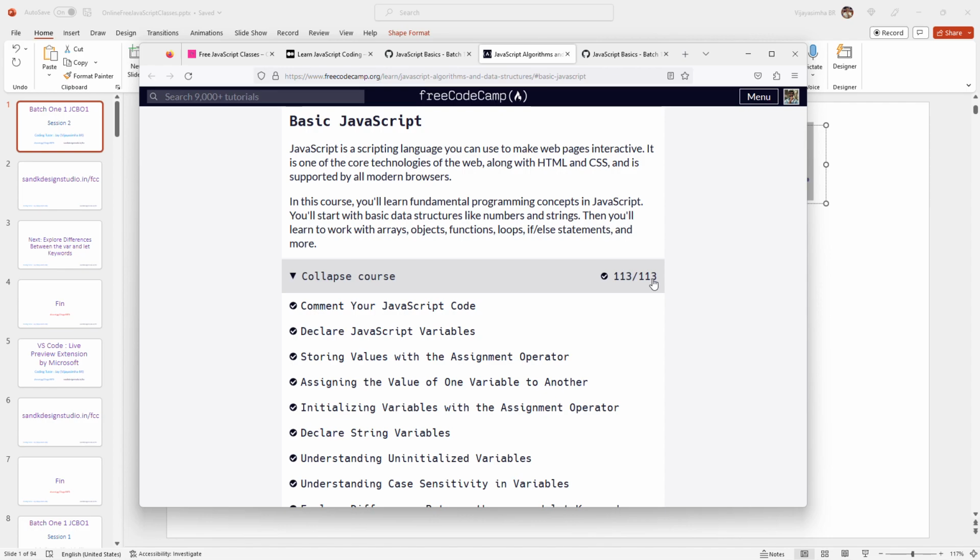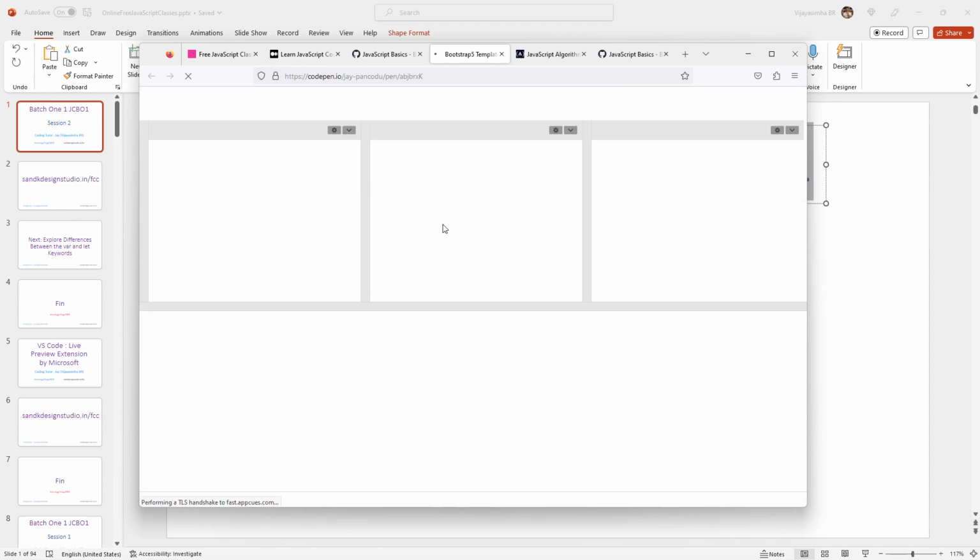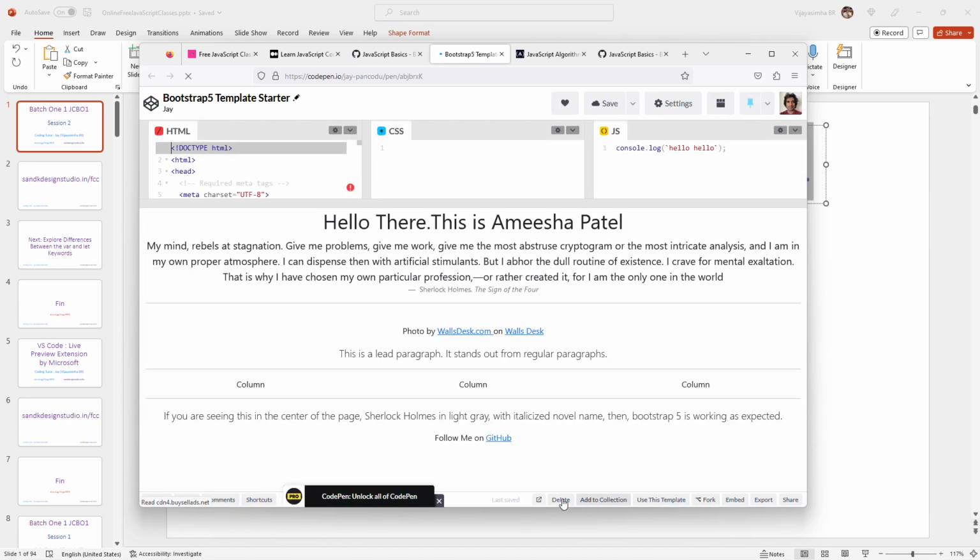These 113 topics won't make you a developer. No, not really. But it will act as a first step towards preparing you, kind of. It's like before you jump off an aeroplane, you wear the parachute. So this is the core essentials that you need to become a JavaScript developer. That is my focus. I want to focus on these 113 chapters. That is my syllabus. And after this, I have a few projects already built, already available on my